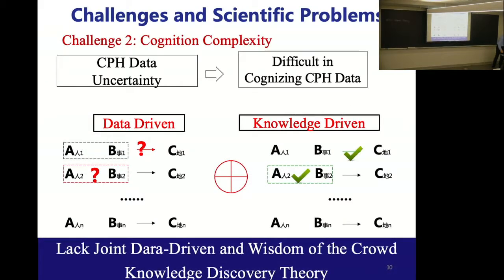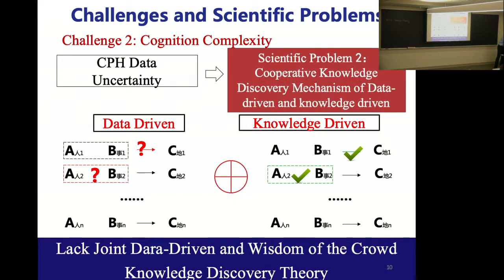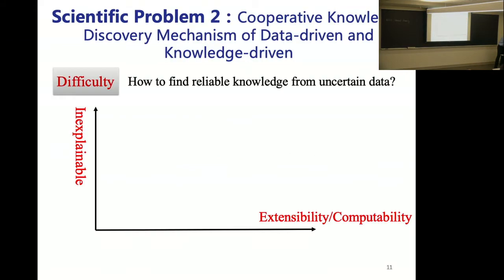But here is the idea we proposed at that time. Today, what we can do is use a knowledge base or knowledge graph, which we update in a timely way. It's a knowledge-driven thing. Then we have the machine learning, data-driven thing. We can get results, then these two can be joined together to see how this knowledge can correct what the machine has done. That's the key to the second problem.